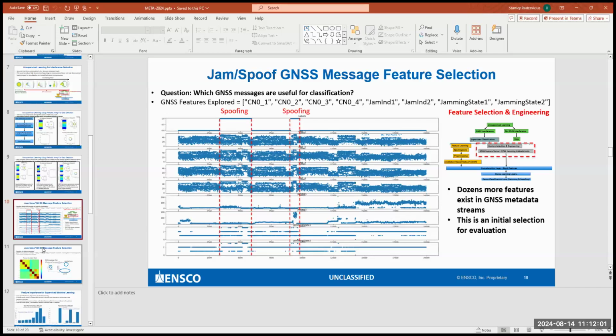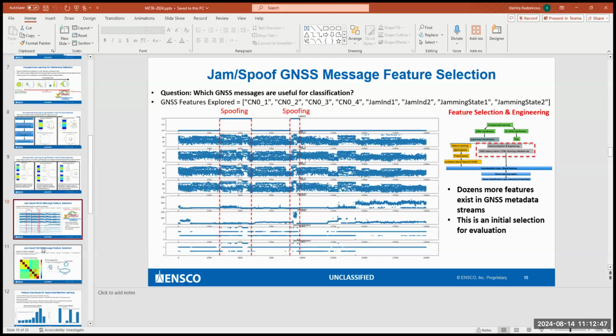So here's some of the messages we recorded with the commercial u-blox antenna. We have C over N naught, that's a measure of signal to noise. There were 4 different parameters for that. And then the u-blox also provides what they call a jamming indicator 1 and 2, and jamming state 1 and 2. I decided to use these 8 features as an example of how you would conduct this approach. It's not necessarily optimal, but it is more an example of how you could determine which features are important. The first thing I did is I just plotted all the features together